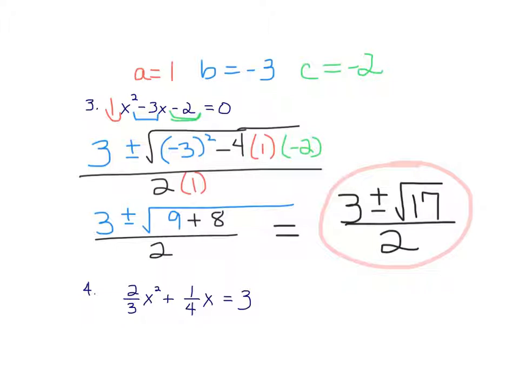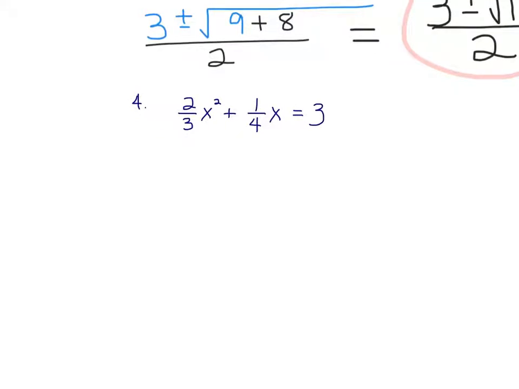Okay, number 4, some ugly fractions. Now, you can work with the fractions in the quadratic formula, but trust me, it's not going to be pretty. Chances are your answer is probably not going to come out very good. I would not make them decimals because the first one is a repeating decimal. So what I highly recommend you do is get rid of the fractions by multiplying all 3 pieces of it